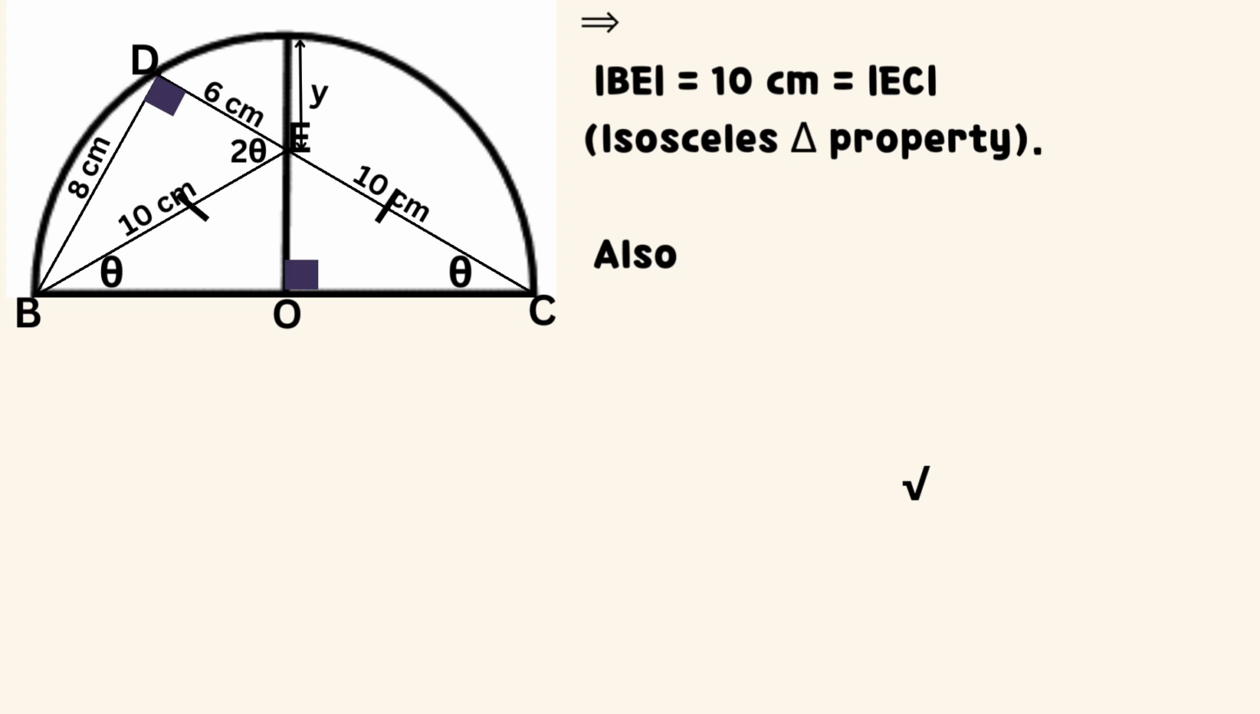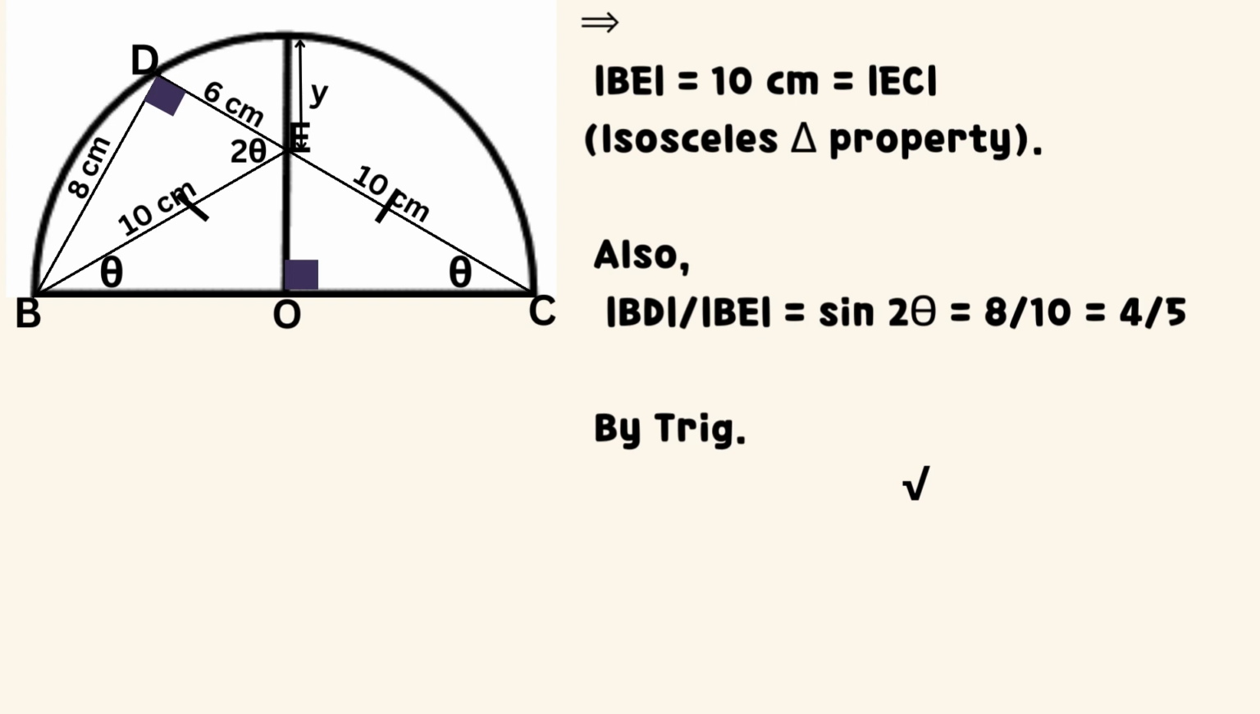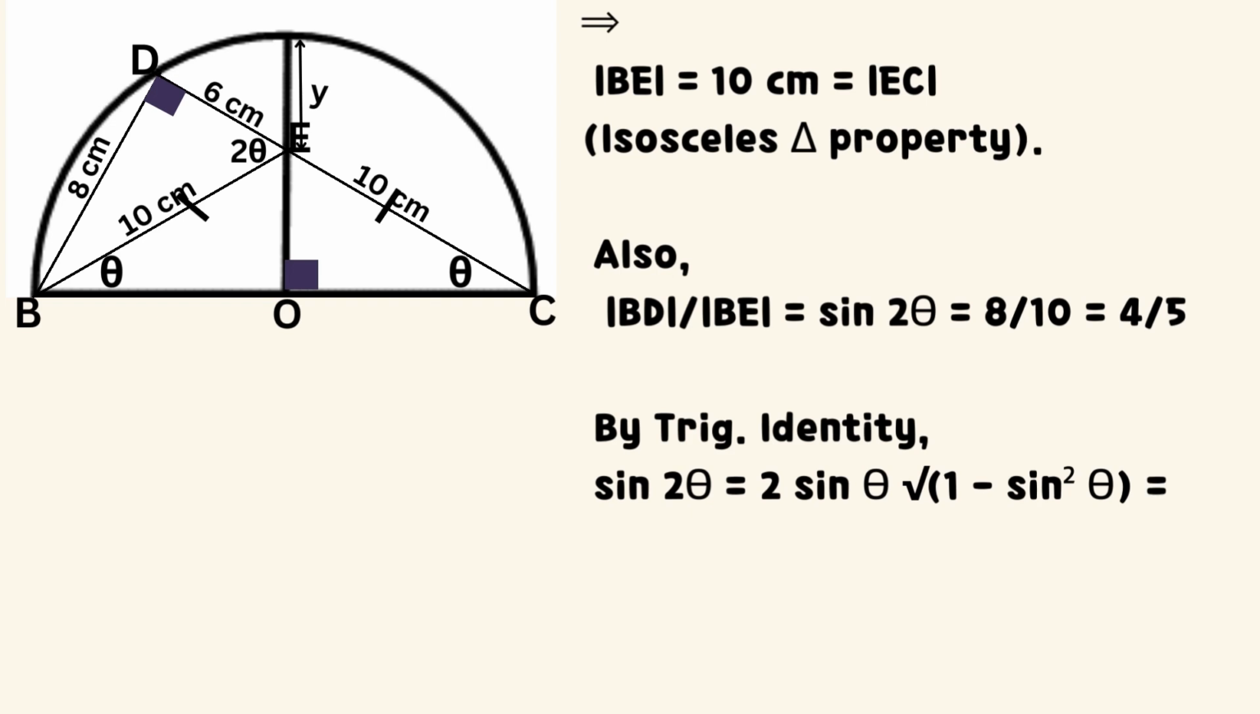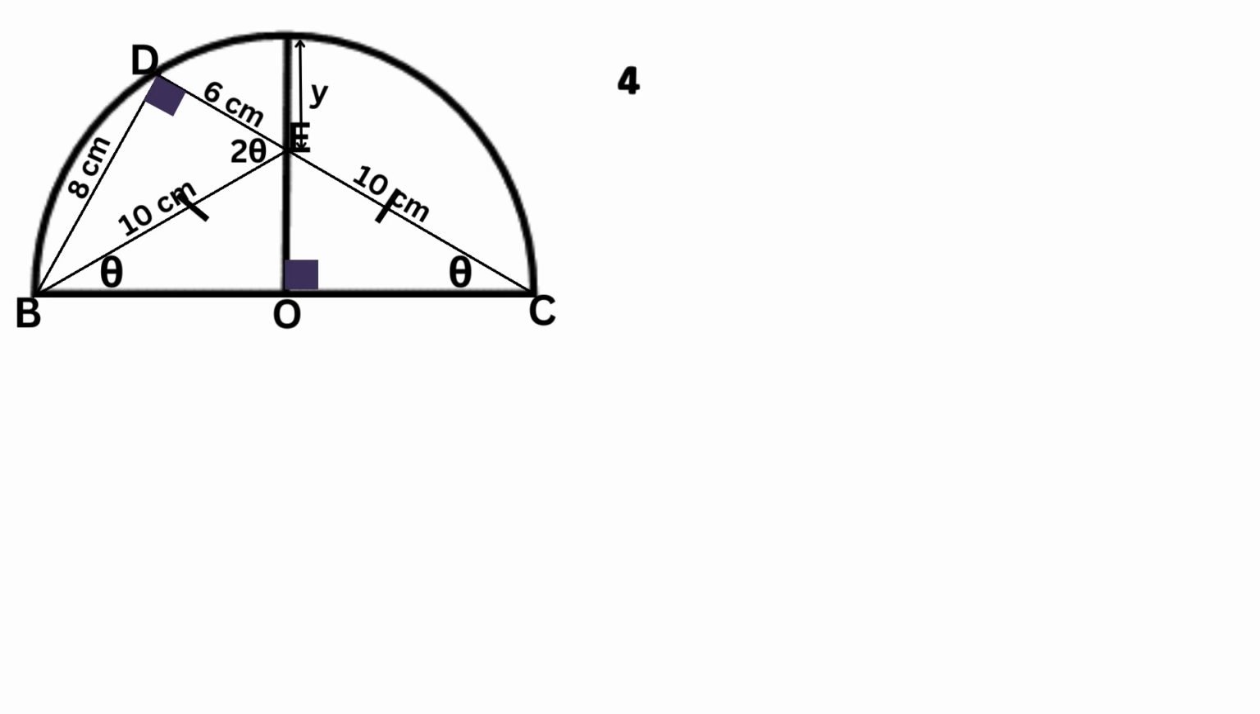It implies that line BE equals 10 centimeters, which equals line EC. Also, line BD divided by line BE equals sine 2 times theta, which equals 4 divided by 5. After simplification, by trigonometric identity, sine 2 times theta equals 2 times the product of sine theta and the square root of 1 minus the square of sine theta, which equals 4 divided by 5. After substitution of values, square the equation. It signifies that